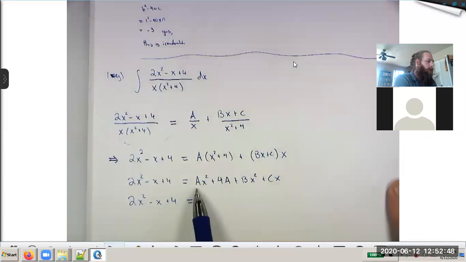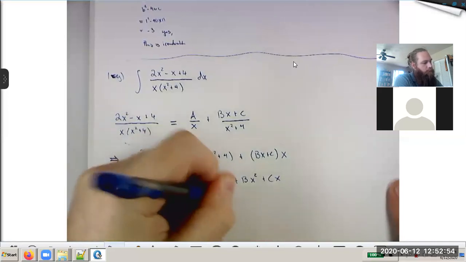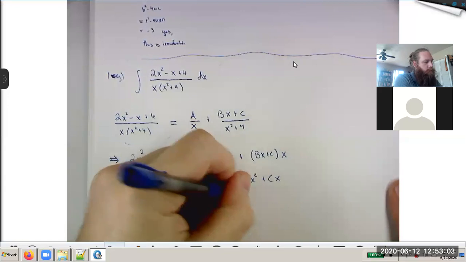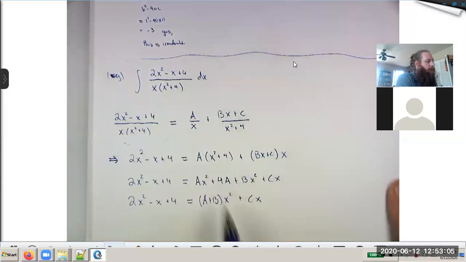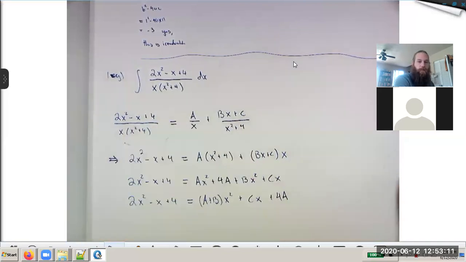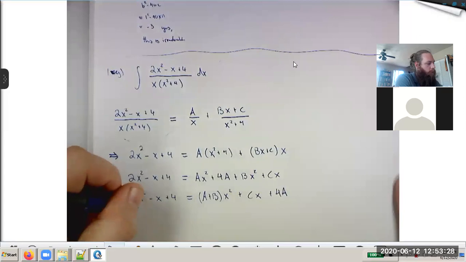My x squareds are ax squared and bx squared, so that's a plus b times x squared. My linear term, my x term, is just cx. And then my constant term is plus 4a. And now this is just like that thing I asked you at the start, right? If I have 2x squared minus x plus 4 equals some stuff on the right where I don't know, since I've got all of my x's grouped together, all of my x squareds grouped together, and all of my constants grouped together, I know that 2